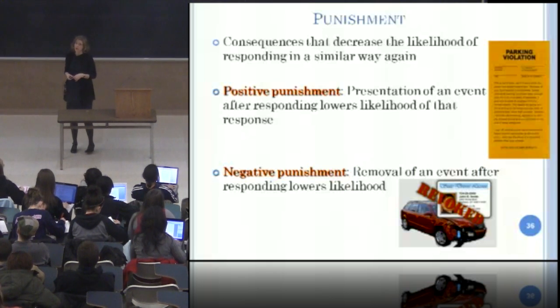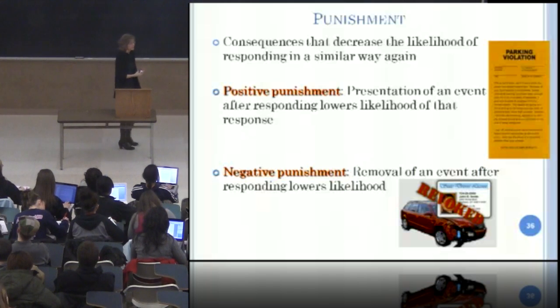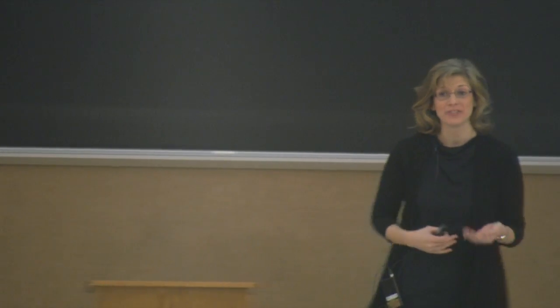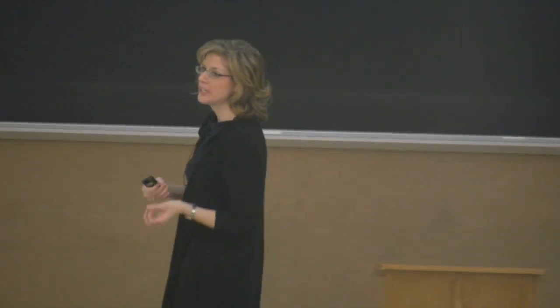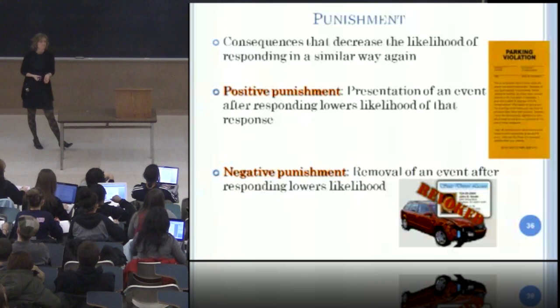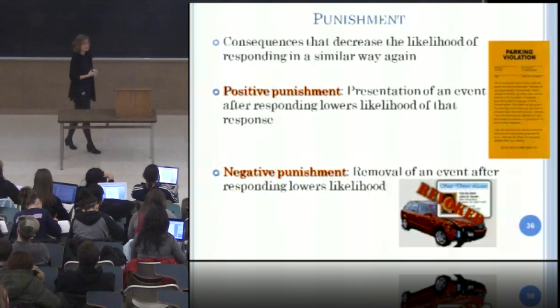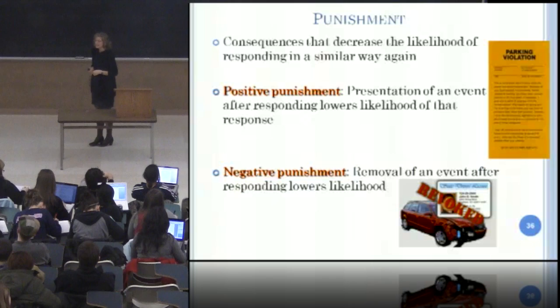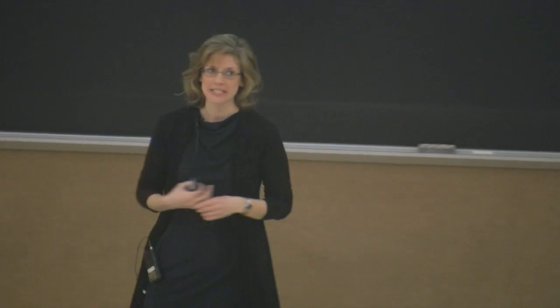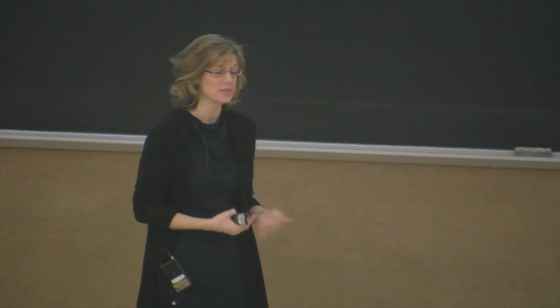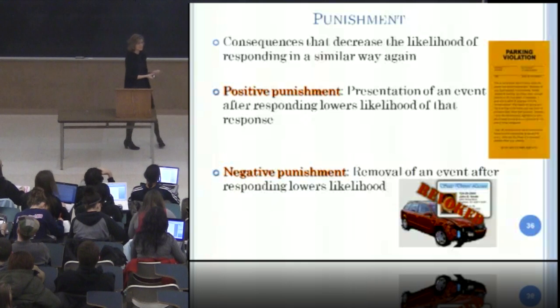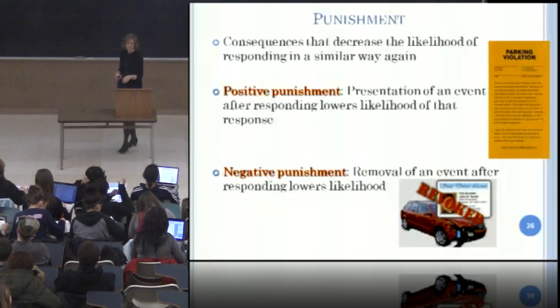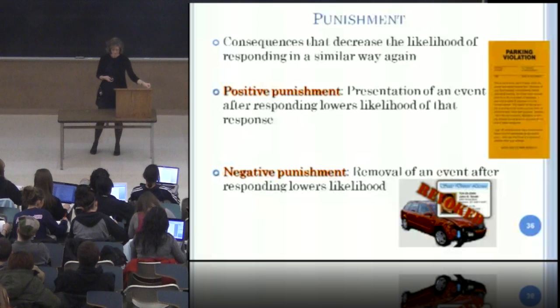So with positive punishment, we're talking about something being added. A stimulus being added to decrease the likelihood of you doing that again in the future. So if you park in the wrong place, you're going to get a ticket, which will probably decrease the likelihood of you parking in that wrong place again in the future. Positive punishment. As opposed to negative punishment, where if you're driving a little recklessly and the police catch you, they may take your license away. So something's being taken away with the hope that that decreases the likelihood you drive recklessly again in the future. So negative punishment, taking something away.